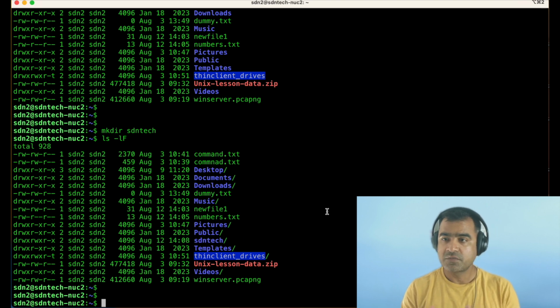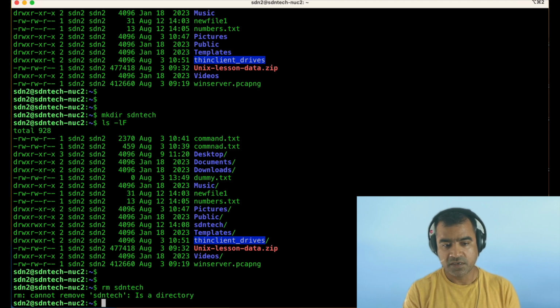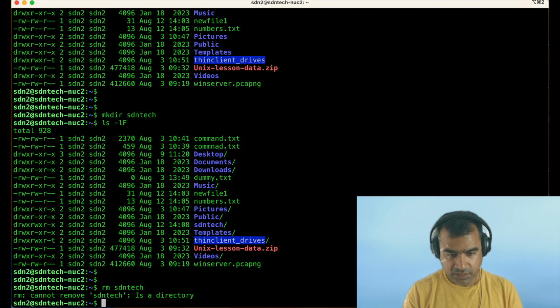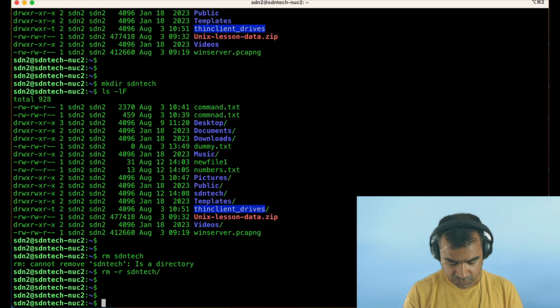You can also create multiple directories at the same time. So let me get rid of our directory sdntech. Here you see sdntech is a directory, so we cannot remove it, though it is empty. There is nothing underneath this. You need recursion for this, and now it's gone. So you can do mkdir